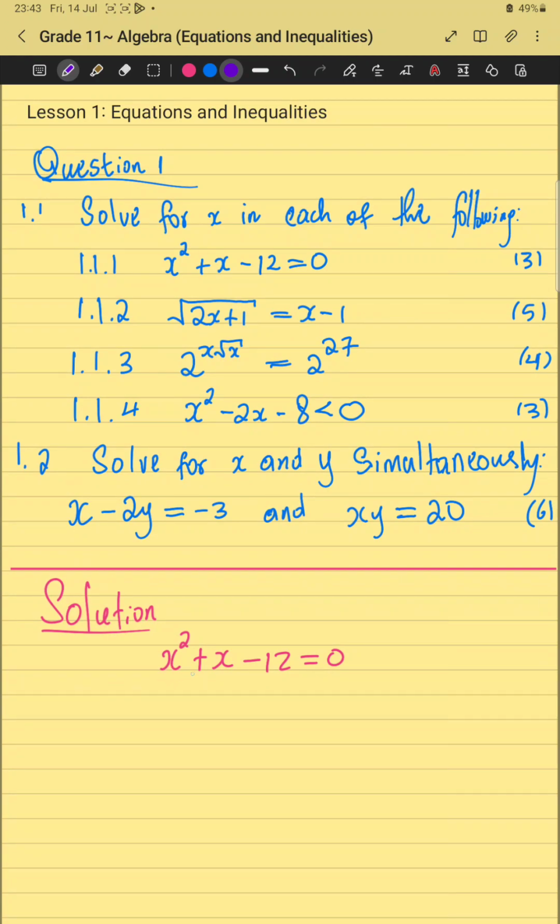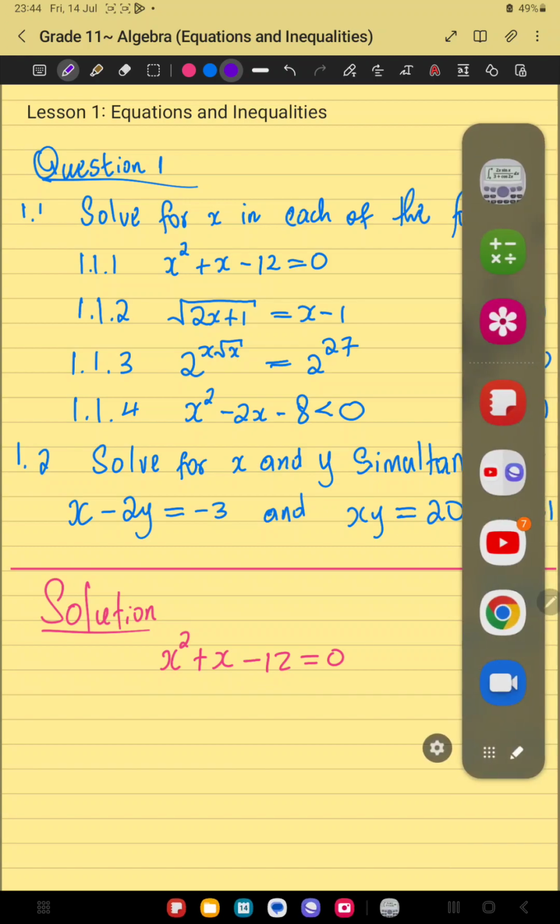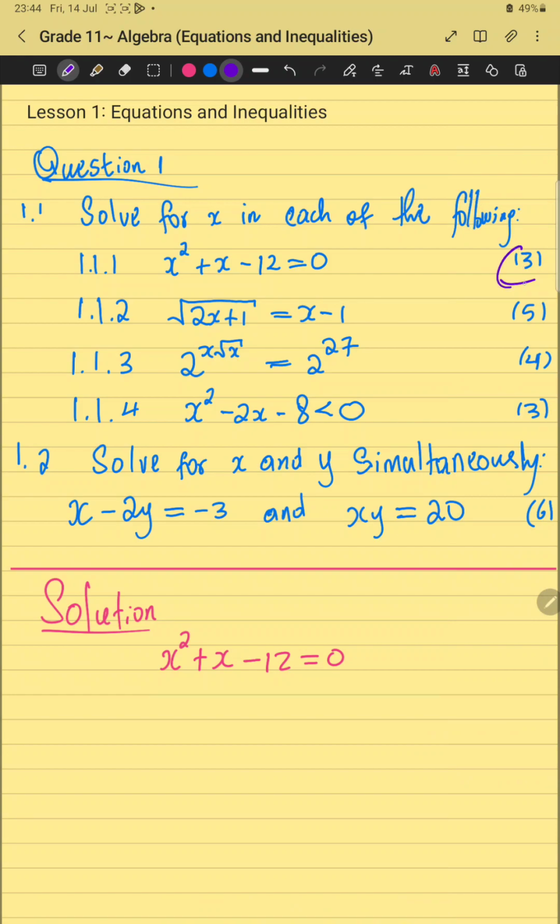The first one is x squared plus x minus 12 for 3 marks. So we'll be solving this one for 3 marks. Here, we're going to look for the factors of 12, such that if we multiply those two factors, they must give us 12. And then if we subtract them, because in order for us to get a negative, remember positive times negative is